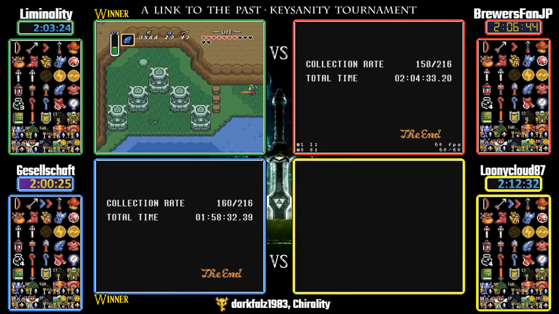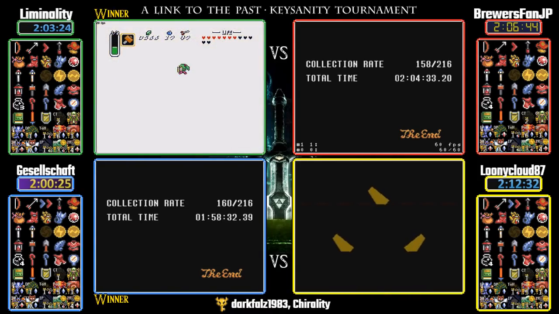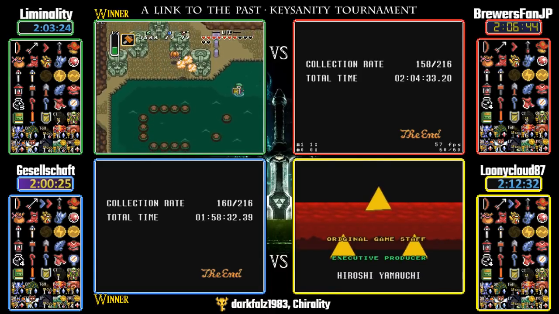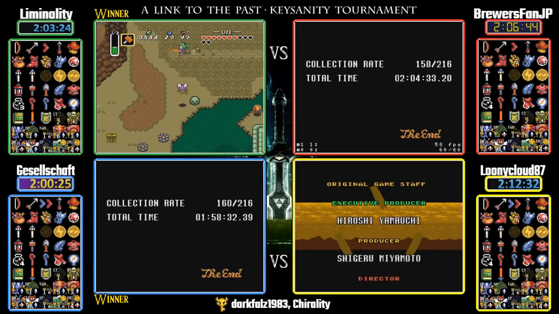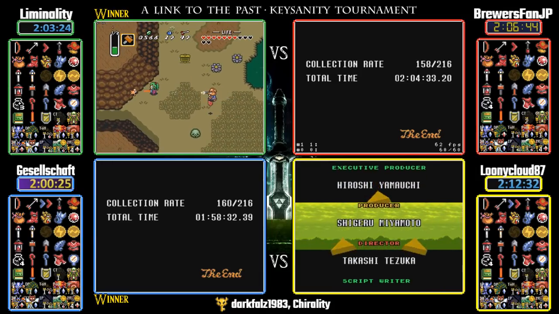Okay, Willard, you gotta play with the challenge gods and make that match for next week, because that's one that we want to see. I know you're still lurking in chat. Alright, we're still trying to get Loonycloud in for an interview. He should be here shortly. And then we'll have our final words on the seed. But